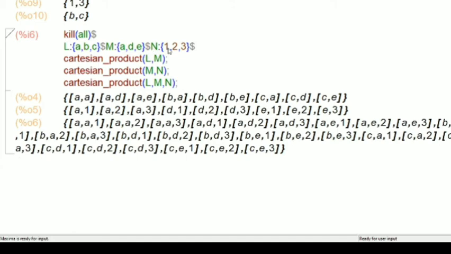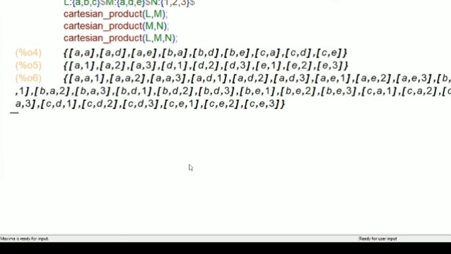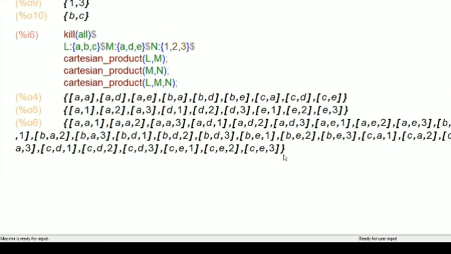B, A, 1, B, A, 2, B, A, 3. Next after that B, D, 1, B, D, 2, B, D, 3. Like that it goes on till the elements of L are exhausted. This is how we can find the Cartesian product.